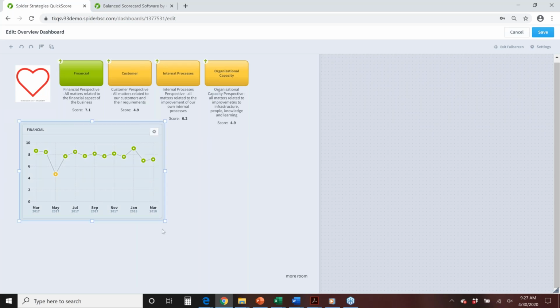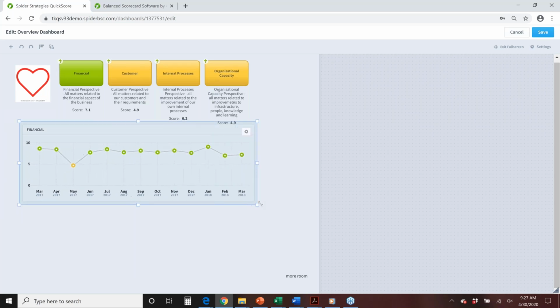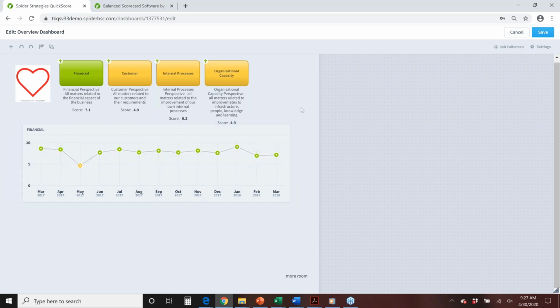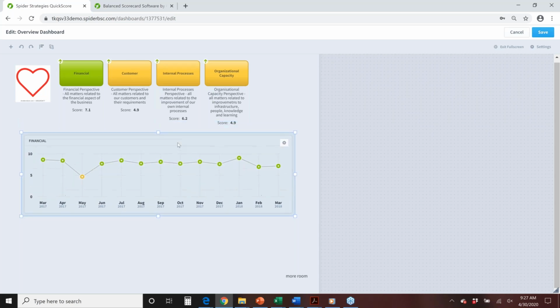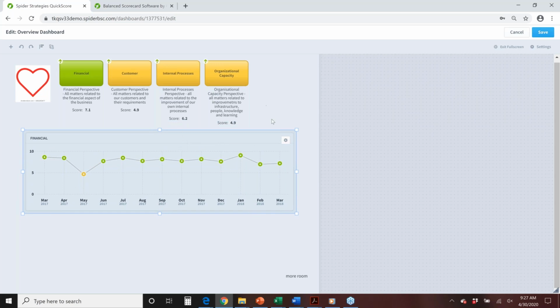But what I will do is adjust this existing financial graph and have it deliver to me what I want to see, which is, again, as I said, all four perspectives represented by different lines on the same graph. So to do that, I will return to the edit. Remember the edit gear in the upper right, and I alluded to every widget is going to have some edit